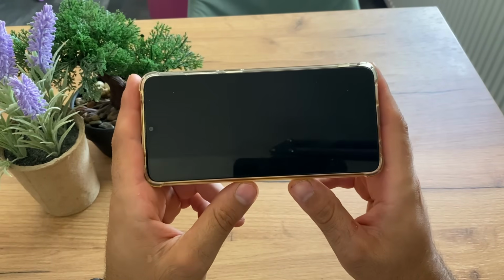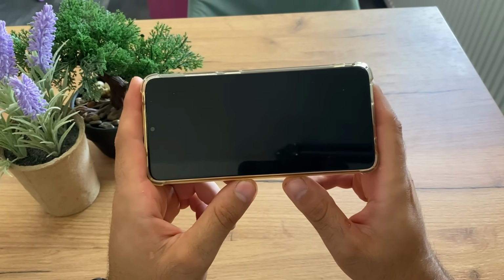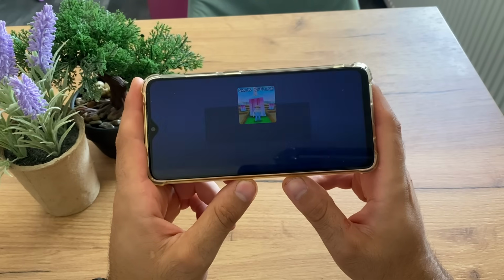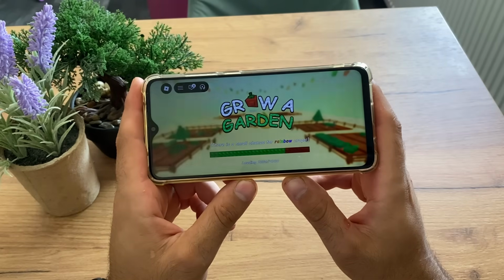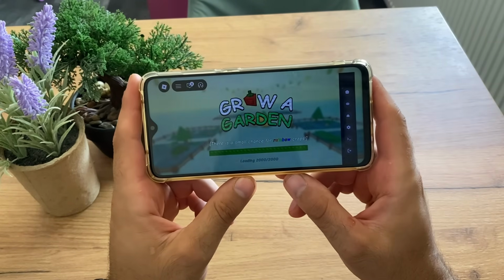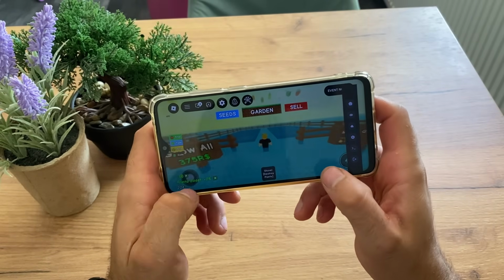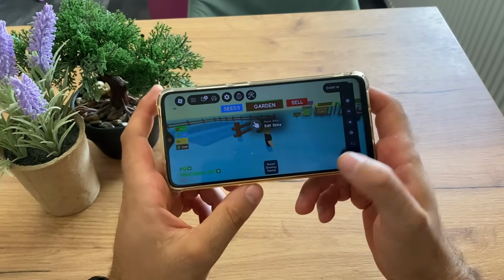Okay, let's wait. And look at this, guys, I'm now in the game and we have this panel, and